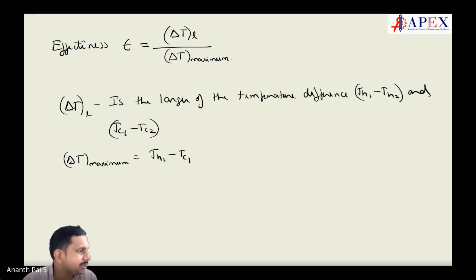This time a question will come where they have given the entrance and the exit temperatures of both the fluids, and they say the cold fluid has lower m dot C than the hot, or the hot fluid has lower m dot C than the cold. And people will say,